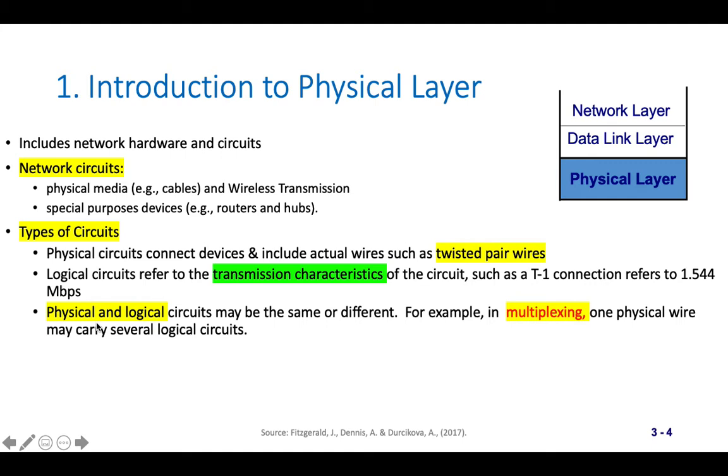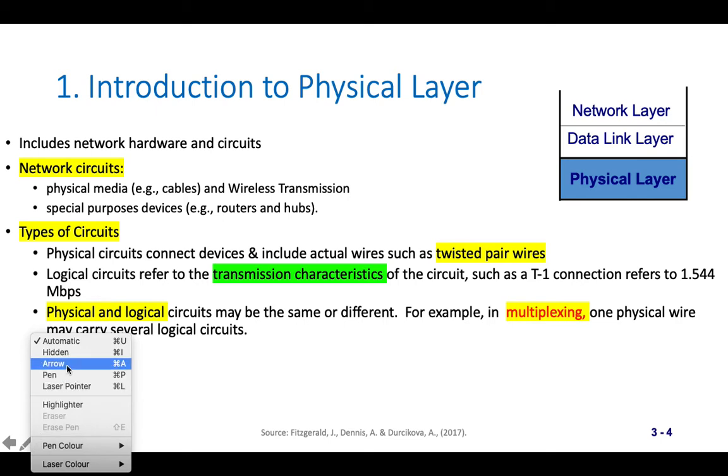We have different types of circuits. We have the physical one, and that's the actual cable you're using. So it's like a wire, whatever it is, but that's actually a physical one. We have logical circuits, which I believe if anybody still remembers from last time,